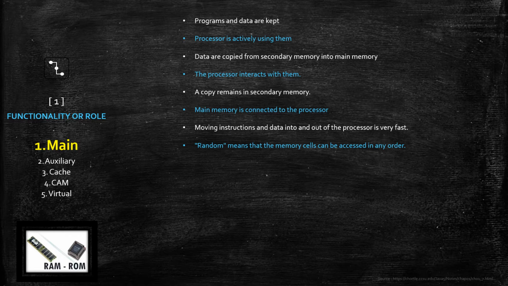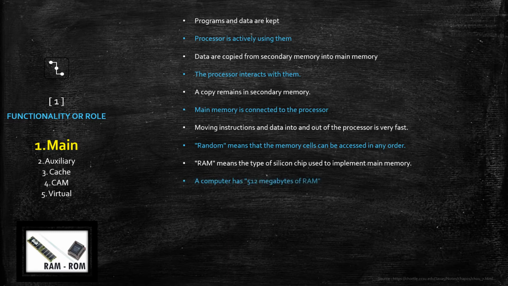And we know that RAM stands for random access memory. So what is the meaning of random access? Random means that the memory cells can be accessed in any order. There is no particular order, like being accessed sequentially, or jumping directly. It is random, so there is no fixed order for that. And you know very well that RAM is nothing but the silicon chip which we use to implement main memory, right?